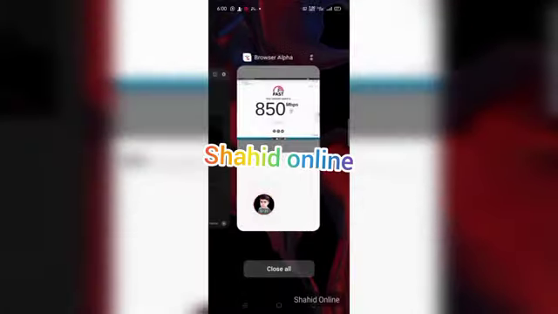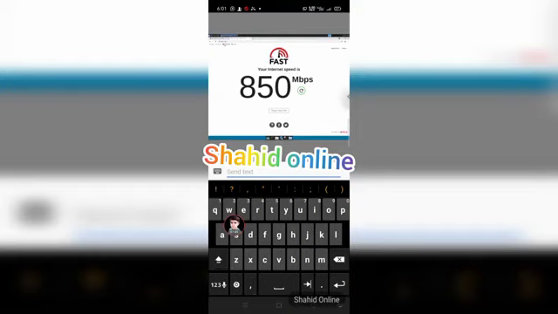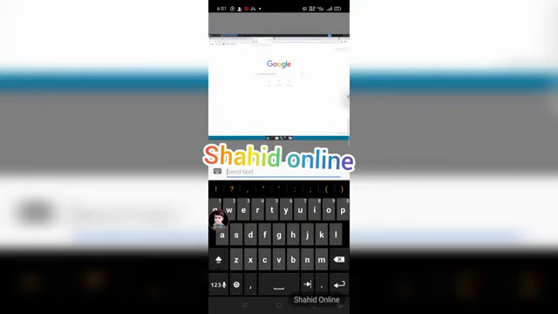So I go to this browser, and you can see our keyboard is showing in this RDP. You use any text and click on send button and our PC is ready in your mobile. This is a good feature. You can use any keyboard with OTG option. So I use this keyboard in this video for using RDP.